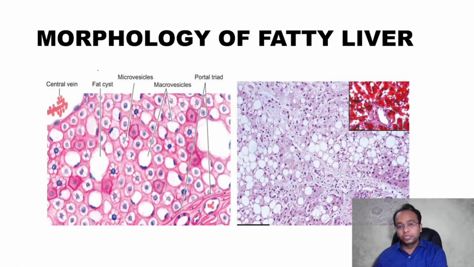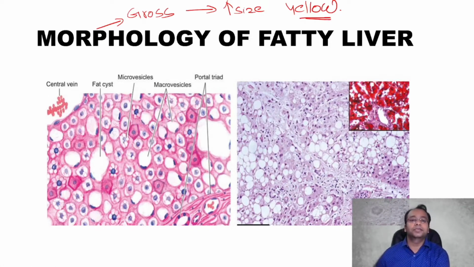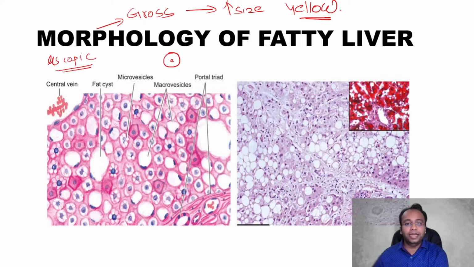All right. So see, morphology means you have to write down the gross and microscopic appearance. So grossly, the liver is enlarged in size with yellow color, and it is soft, right? Enlarged in size, yellow color because of lipid accumulation, and soft. This is the microscopic appearance. So see, microscopically, initially, the fat will get accumulated around the nucleus, right? So it appears as vacuoles,